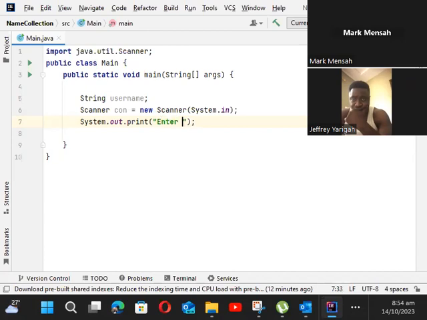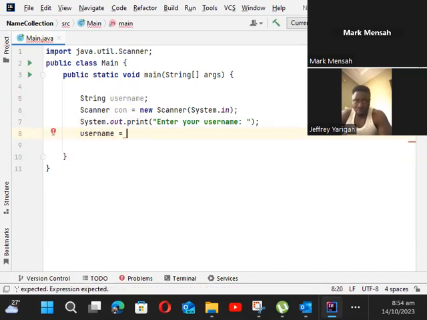So here, I'm typing in, "Enter your username: ", colon, and a space. That means that on my screen, I should see "Enter your username:" and a space. Then the next thing is, I have asked, so I must receive. And what I receive, I have to put into my variable. Are we okay? So here I'll have username